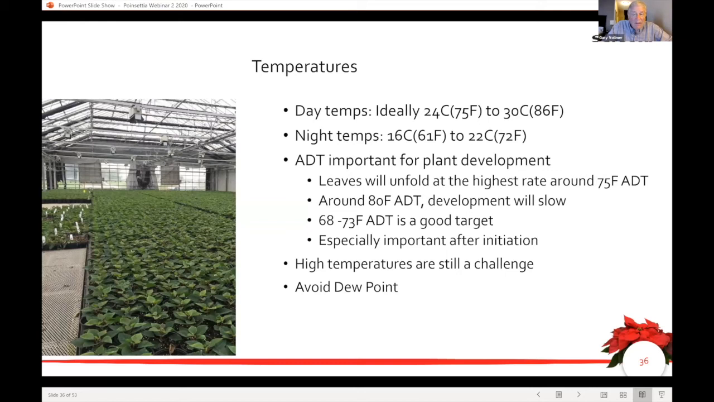61 is not the bottom. You can go lower than that, but when you start lowering your night temperatures relative to day temperatures, you start screwing around with humidity levels, and we'll get to that here in a second. Again, ADT is